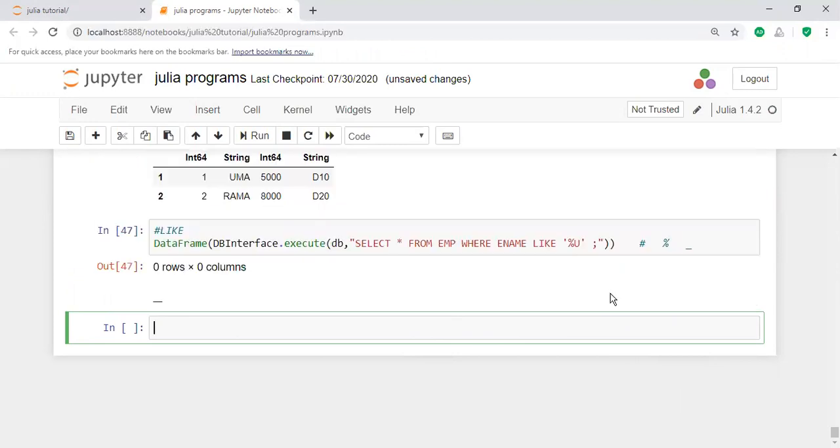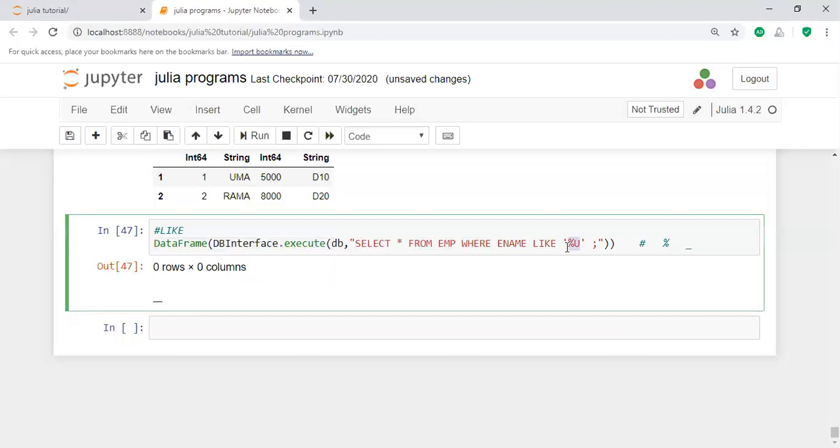It takes some time, more time. Zero rows are there, because it is ending with the U. For example, starting with U.